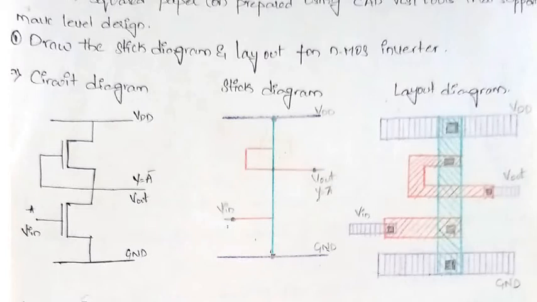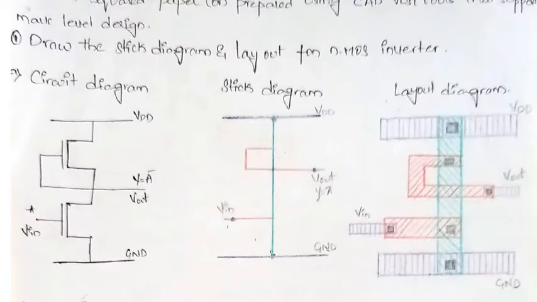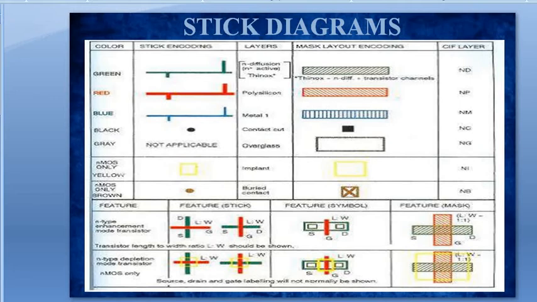See what is your layout diagram, what you are going to do here. In this layout diagram, blue is shown by the metal lines, straight lines. This is the box, you have to do up and down, correct? So we are going to prepare this one, upper bar and lower bar. This blue has been drawn like this with the straight lines. Now this is your green color line. The green is for your N diffusion. Same for N diffusion you have to draw, but they should not be very near to each other. These left slanting lines should be far from each other, and you have to draw this one. Correct? So this is your N diffusion line. This should be somewhat far.